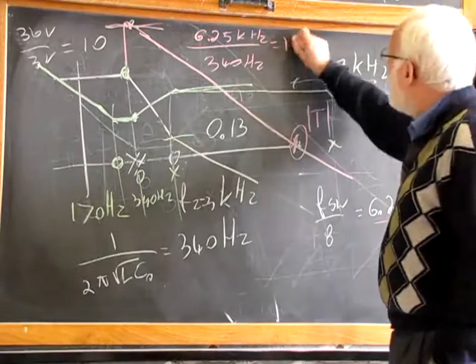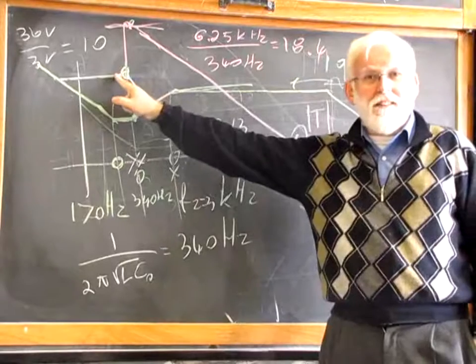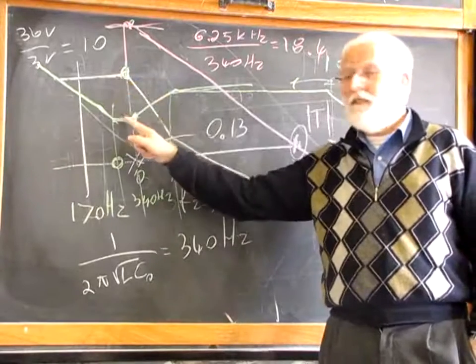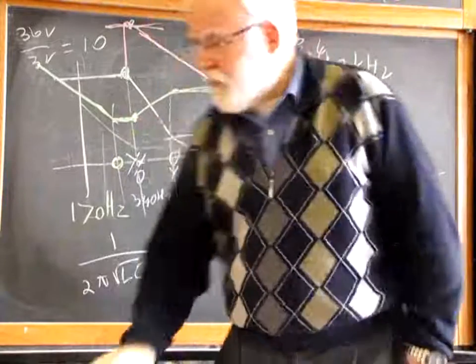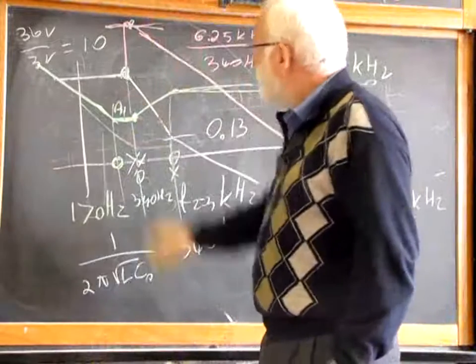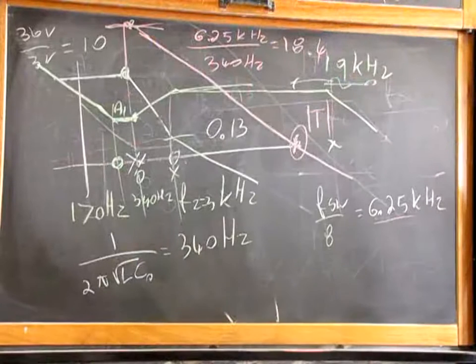This is the gain I need. This is the gain I get. And so, the gain I have to provide, the gain A1, is equal to